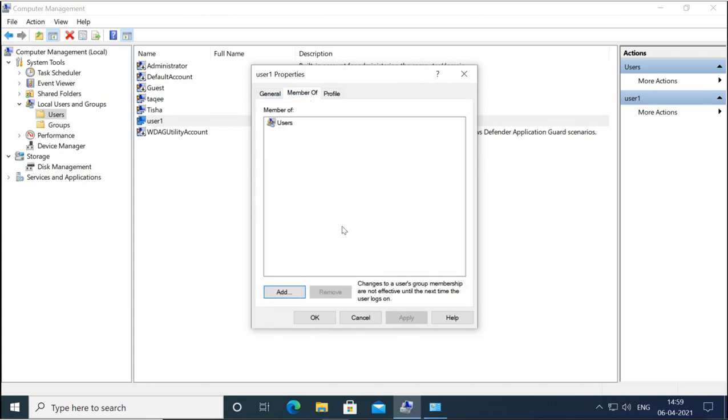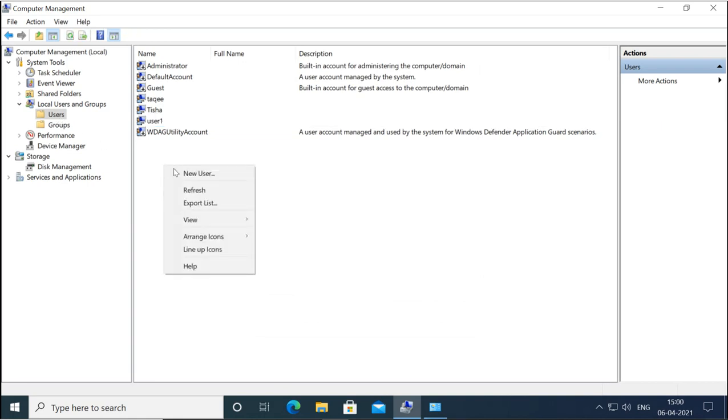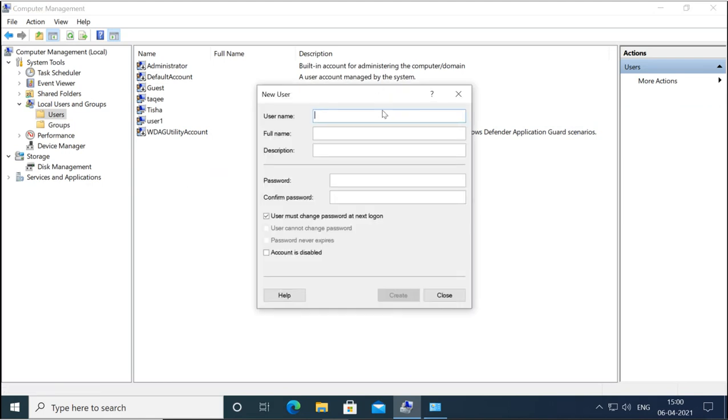So I created this user. If I want to have more users, I can right click on this empty place and click new user, then mention the name of the user, full name, last name, whatever description, then the password, and the other options for the password, like user must change the password at next logon.